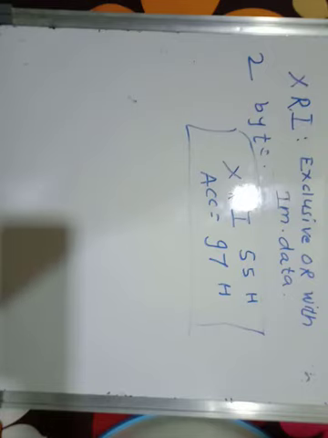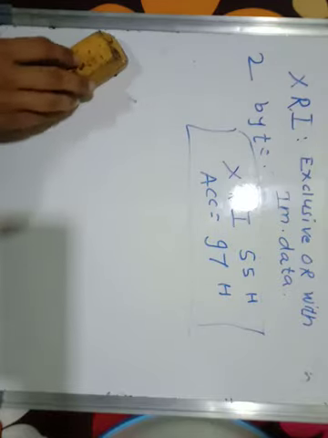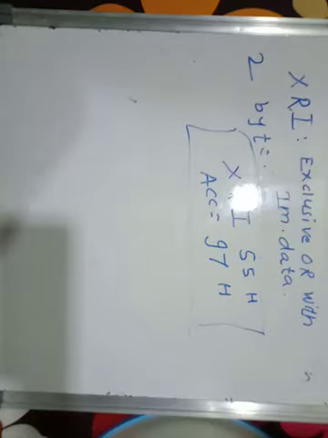Now here we will see the next instruction. So these are the 6 instructions that we have seen, which are on the basis of AND gate, OR gate and exclusive OR. So when we have the AND gate, then we have the instructions ANA, ANI. Then we have the OR gate, we have the instructions ORA, ORI. Then exclusive OR means XRA and XRI. Now the next instruction that we are going to see is the one for when we want to compare the